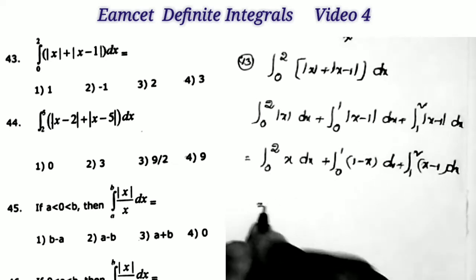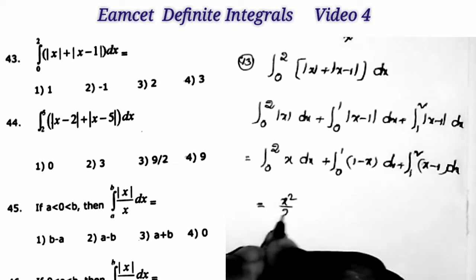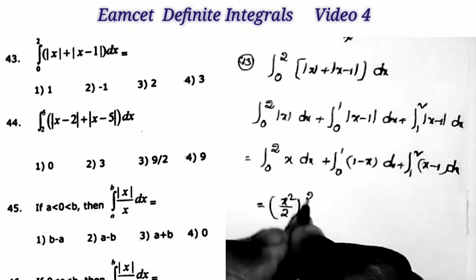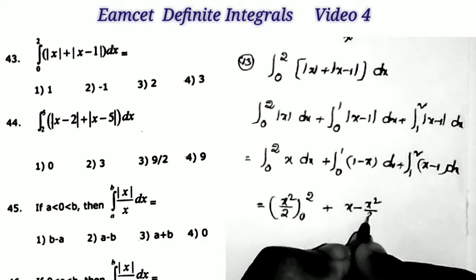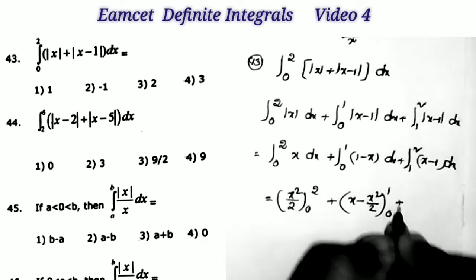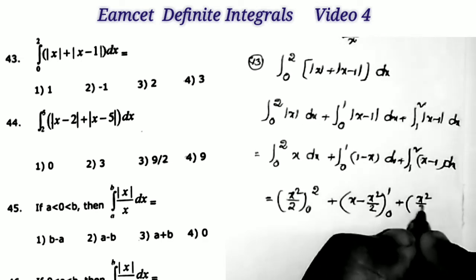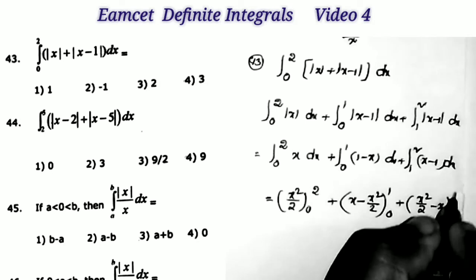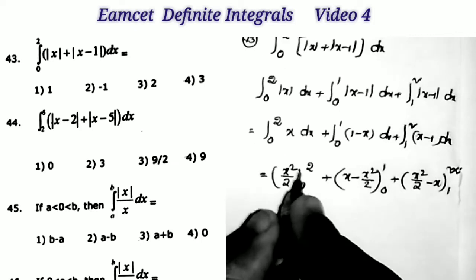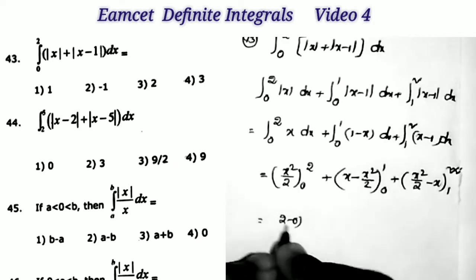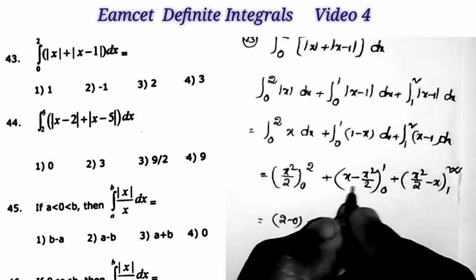Now taking the integrations: integration of x is x square by 2 where the limits are 0 to 2, plus integration of 1 minus x, that is integration of 1 is x and integration of x is x square by 2, where the limits are 0 to 1, plus integration of x minus 1, that is x square by 2 and 1 integration x, where the limits are 1 to 2. Okay, now finding the answer to this one. So first replacing that 4 by 2, that is 2 minus 0,